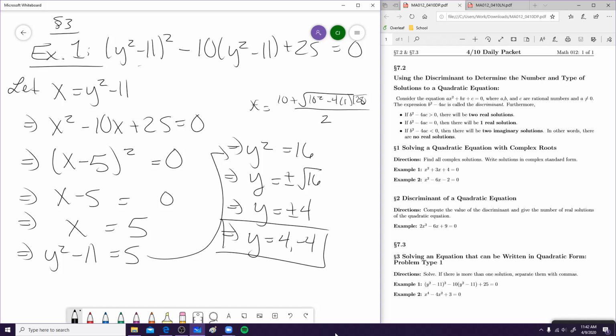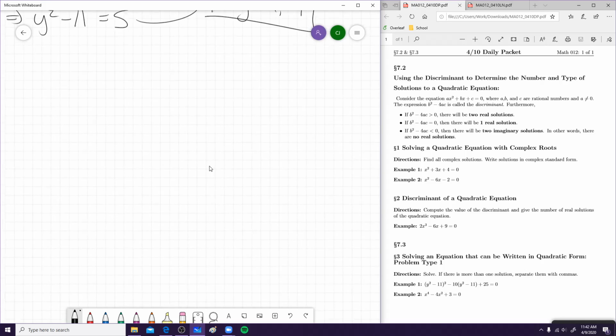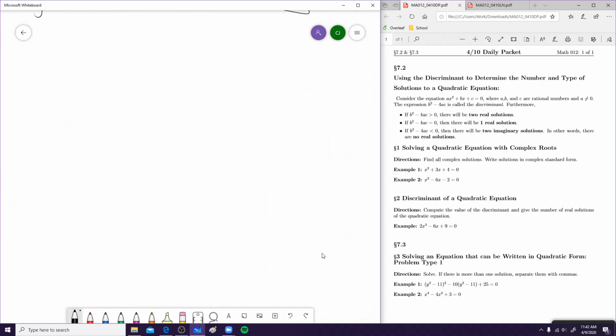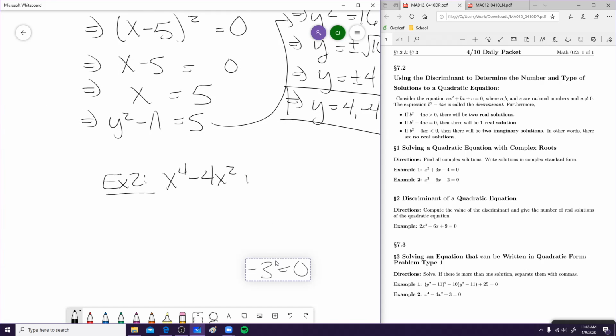So when we see problems like this, and we notice that there are some like terms, try substituting and see if it works out. Now, let's do another example. This example looks a little bit different: x to the fourth minus 4x squared plus 3 is equal to 0. One thing I do want to say,